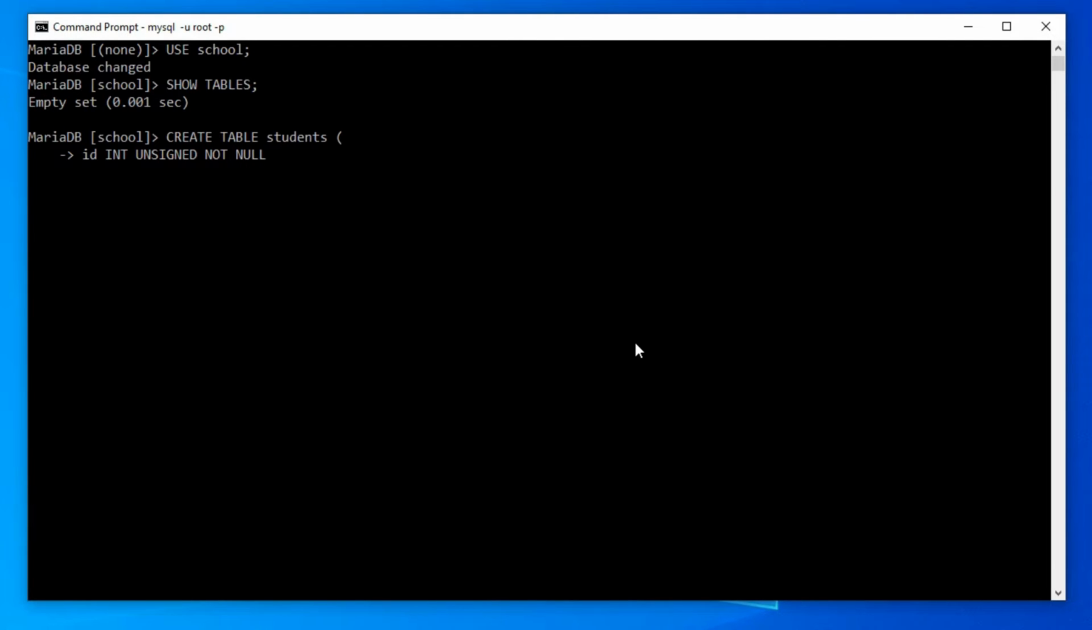Then the column value will be auto increasing. So I will add AUTO_INCREMENT. Then, the auto increment column must be a primary key. So I will add another constraint here, that is PRIMARY KEY. Then I will add a comma symbol to add another column definition. I will press enter to add another column definition on the next line. The next column is